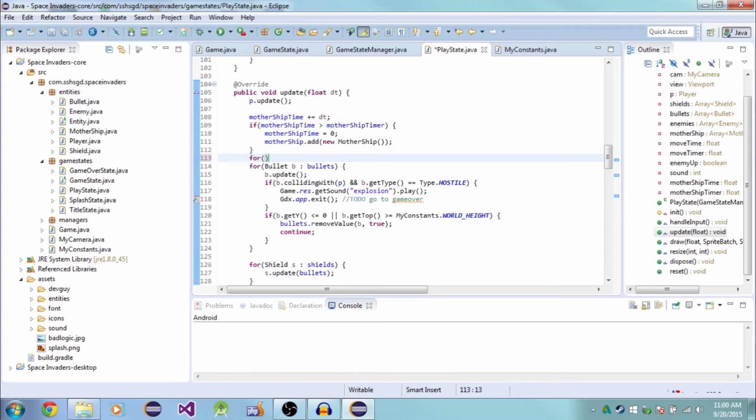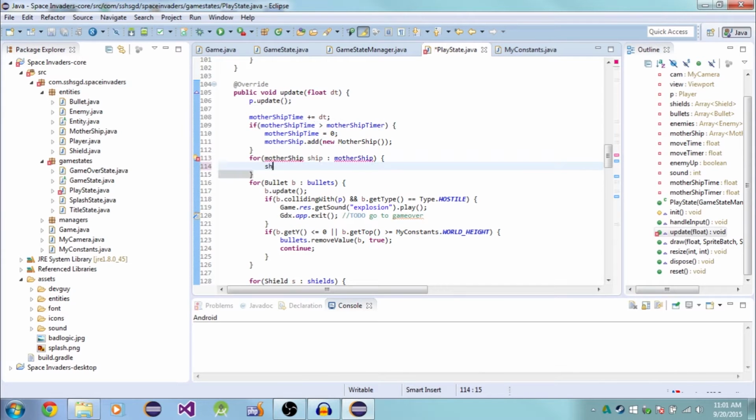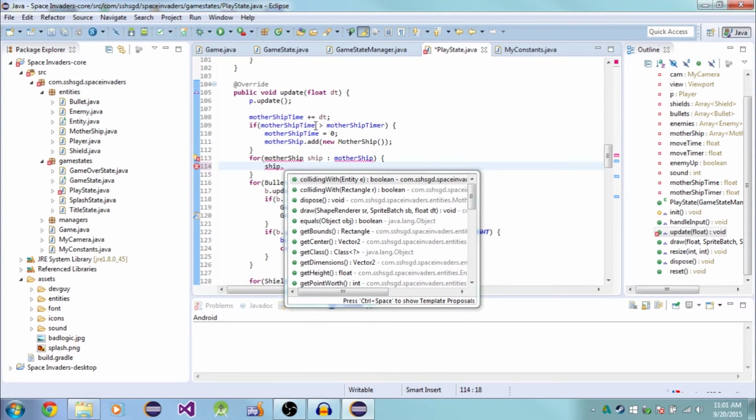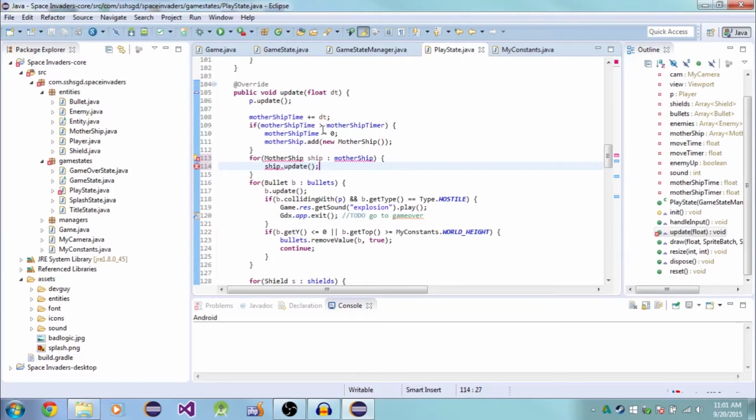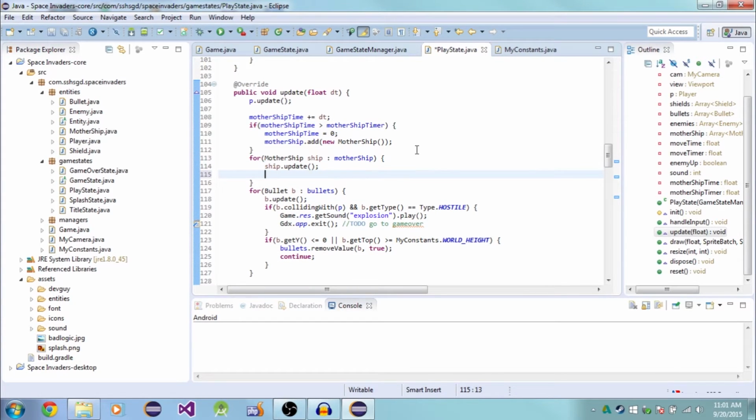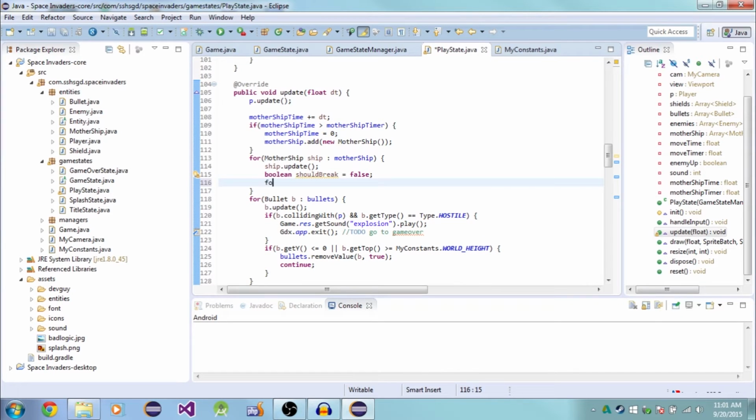So for MotherShip ship in mothership, it's gonna go through that. It's gonna update. Okay. And then boolean shouldBreak equals false. Okay. So first we're gonna go through our bullets. So for bullet,